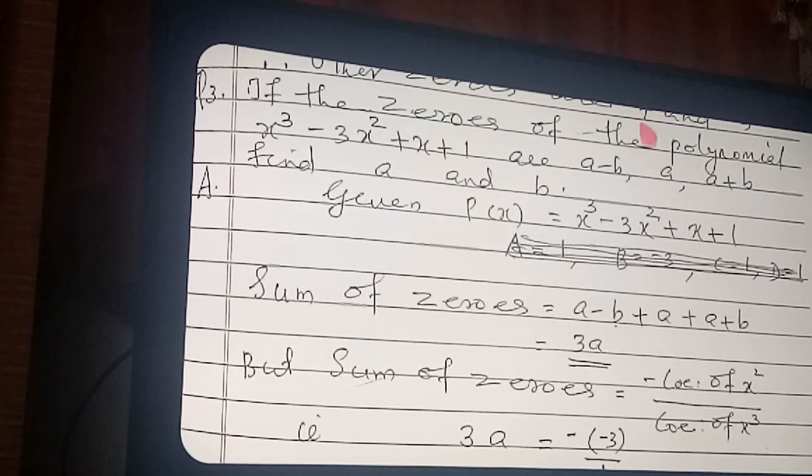What is the formula? Minus coefficient of x square divided by coefficient of x cube. That only you studied as minus b by a. So in the same way, instead of minus b by a, I am writing here minus coefficient of x square by coefficient of x cube. Why writing in this way? I told you already, here the zeros themselves are given in the form a and b, so they are used. Again writing minus b by a, you will have confusion. So that is why here I didn't write the formula in such a way. Okay.